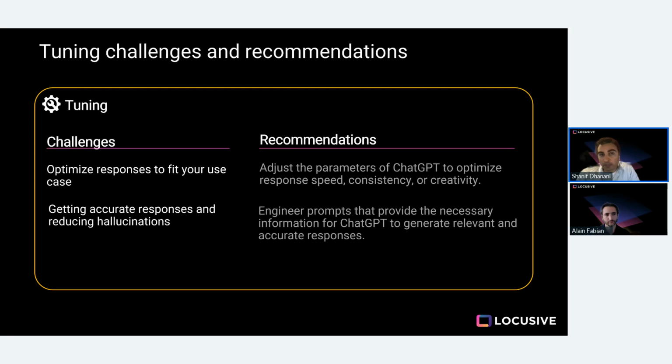One is called fine-tuning, and the other is what I'll call contextual information retrieval. Fine-tuning, really interesting, but not a lot of people use it. It's the idea that you can train ChatGPT on your own data and then have it answer with your own data. Now, why aren't a lot of people using this if it's so interesting? Well, it's because, one, OpenAI only lets you do this for ChatGPT 3. It doesn't actually let you do this on its newest models, which means you might lose a little bit of